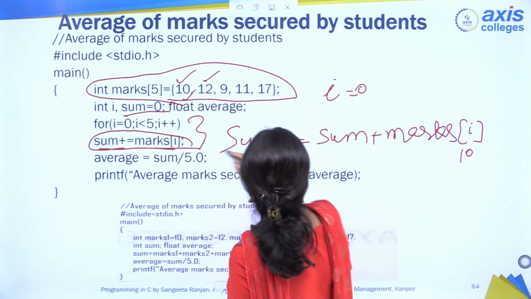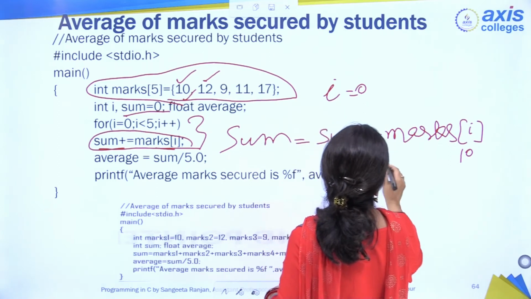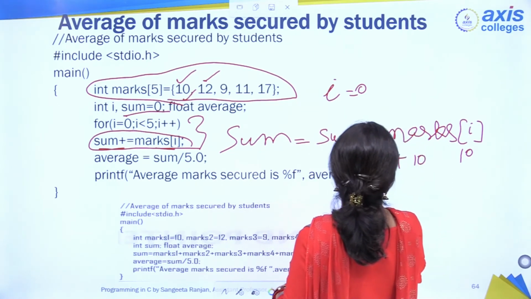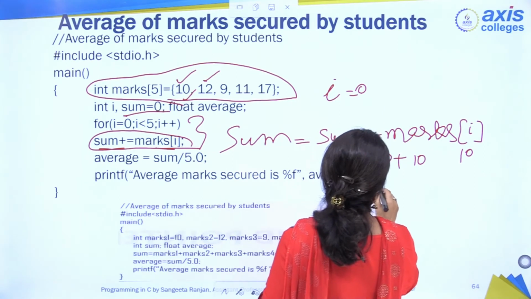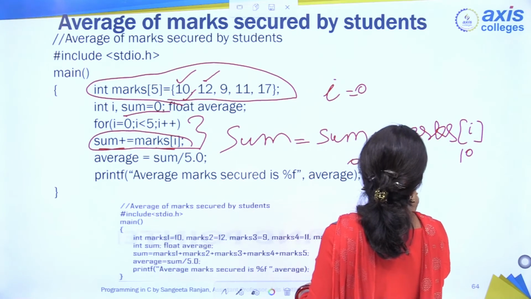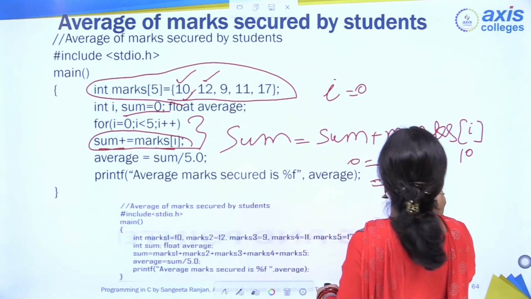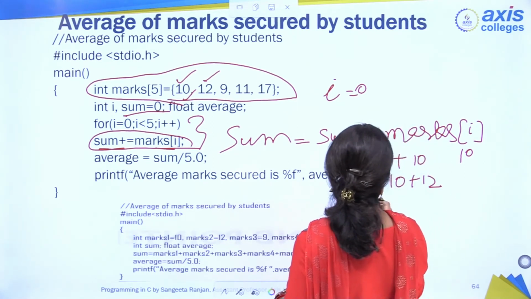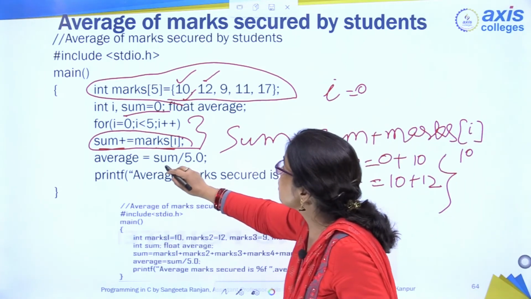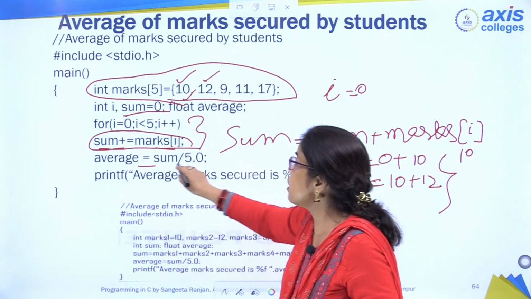Firstly, the value of sum is 0, then 0 plus 10 is equal to 10. The second time, it will be 10 plus 12. In this way, it will calculate the sum, and after the calculation of sum, it will calculate the average and